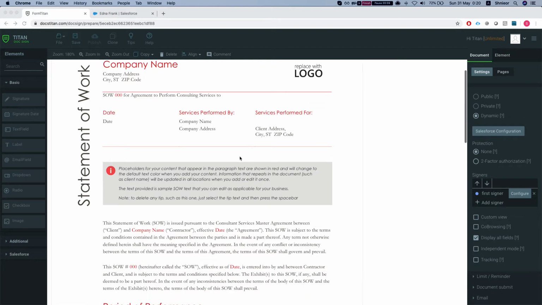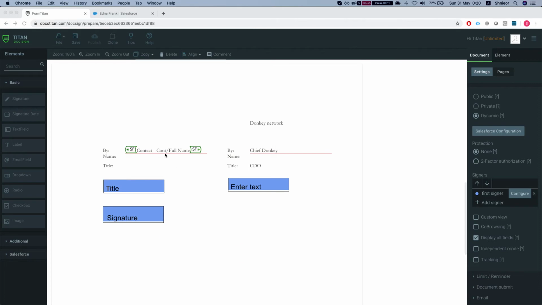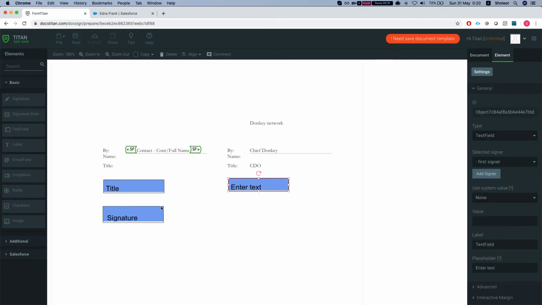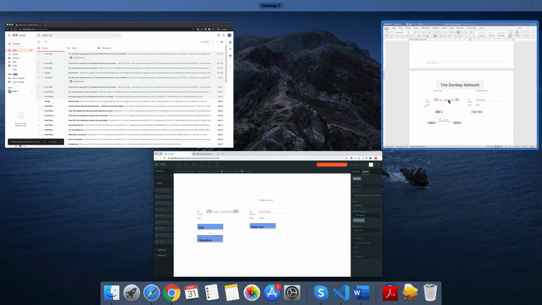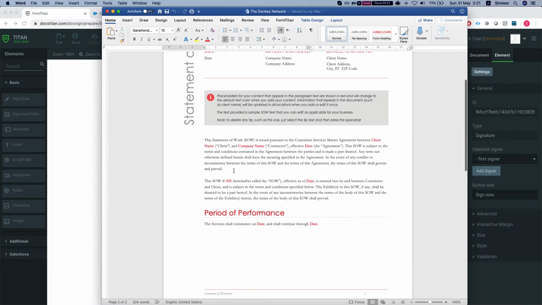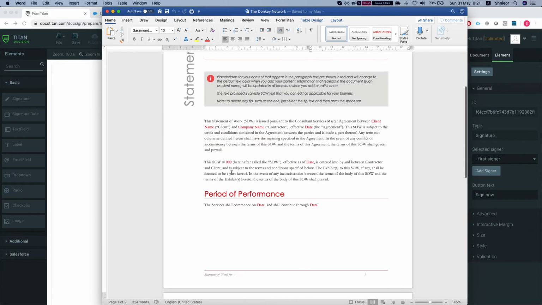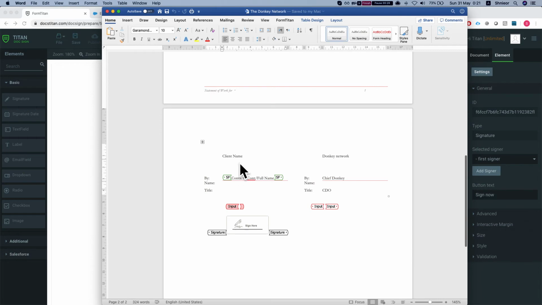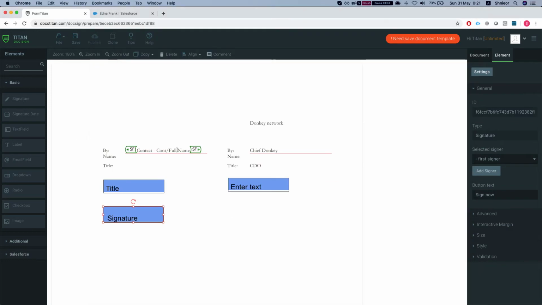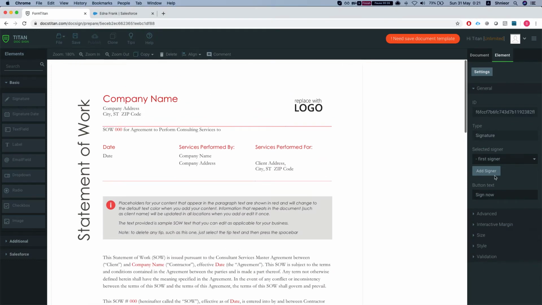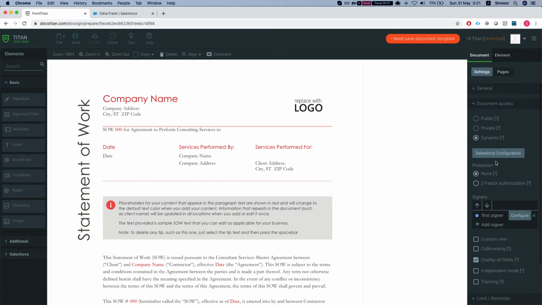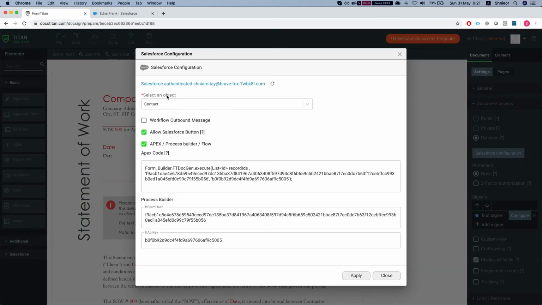Alright, so what we have here is a simple document with dynamic mapping from Word, contact full name, and we have some interactive fields, a title and some other text, and a signature. And I created it using the Form Titan add-in for Word. So we have the mapping from a contact object and two interactive fields and a signature, and then we uploaded it to our DocuSign, and we've configured the Salesforce configuration to grab the information from the contact object, and then